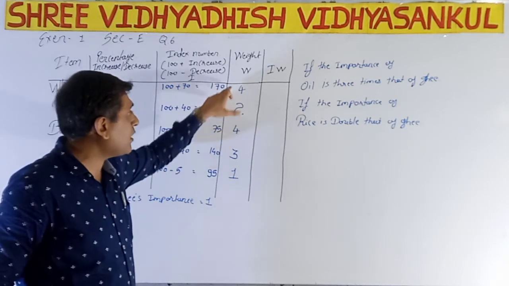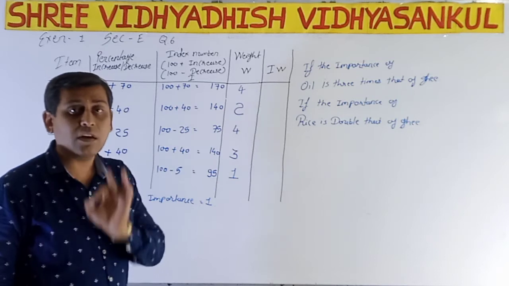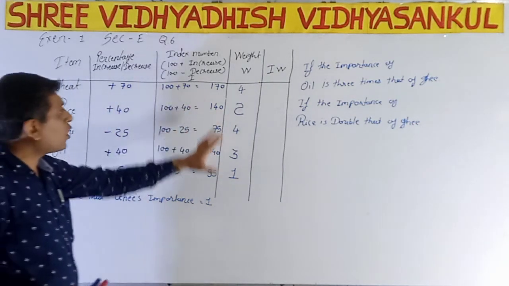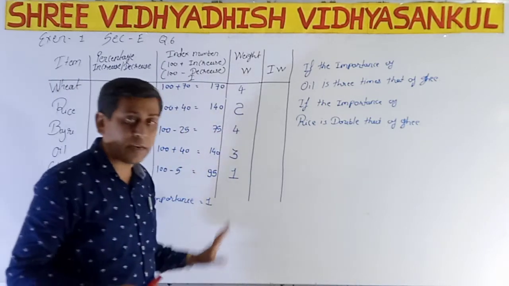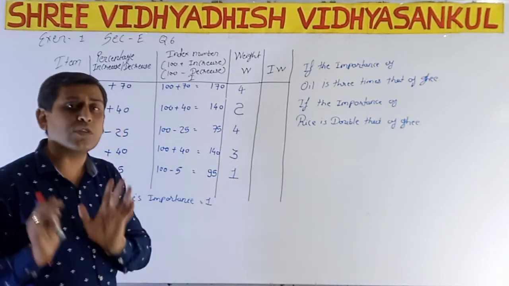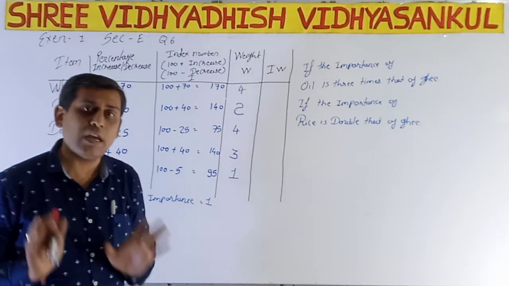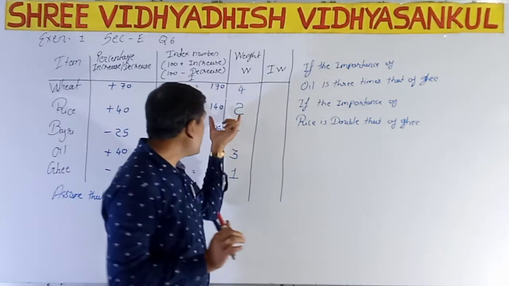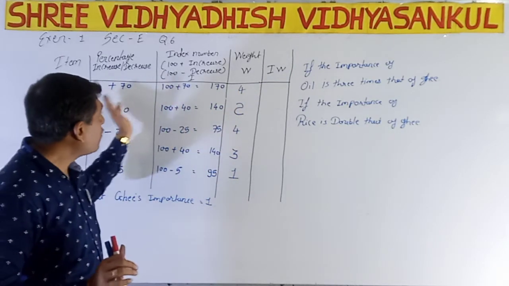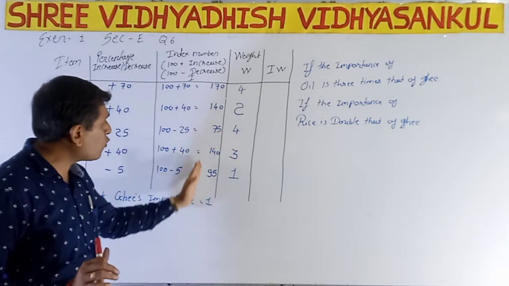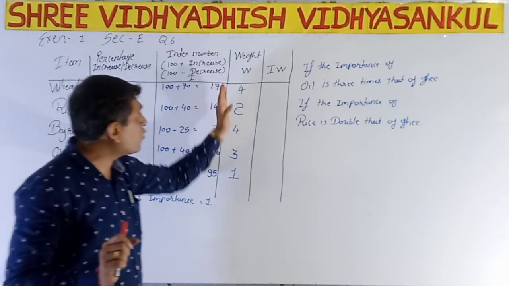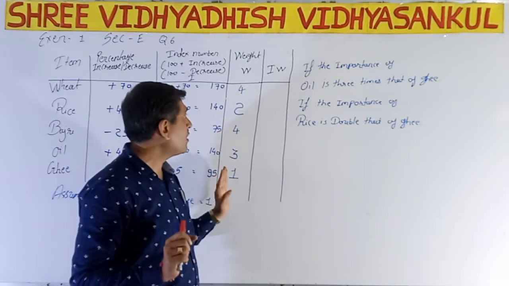4, 4 in each, that is wheat and bajra. 40. 4, 4, right? So now your question is now complete. Here, now you have to just multiply it and find out the answer. Now it is easy to you, but here the main problem is we have to first find out these increase and decrease index numbers, and then we have to find out the weight, that is W.